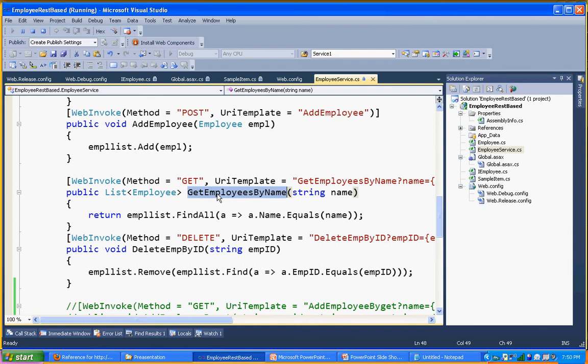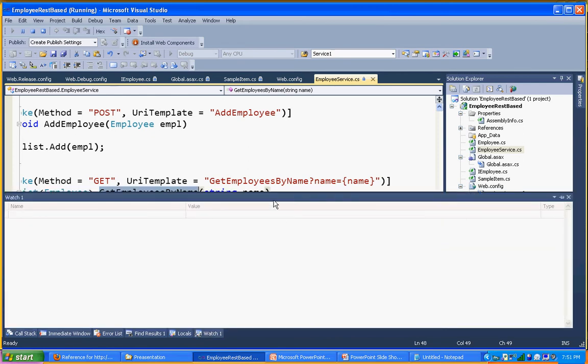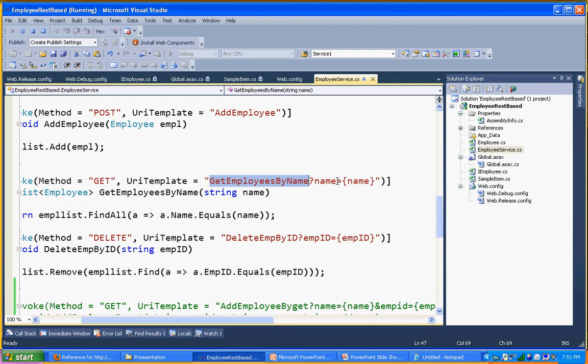Coming to GetEmployeeByName, this is a GET method, and in the URI template I specified what parameters are needed for that operation, in the query string. You need to pass those parameters through the query string since it is a GET. Here you have an option to specify whatever format you want. Since we are already familiar with the query string, I gave the query string format.